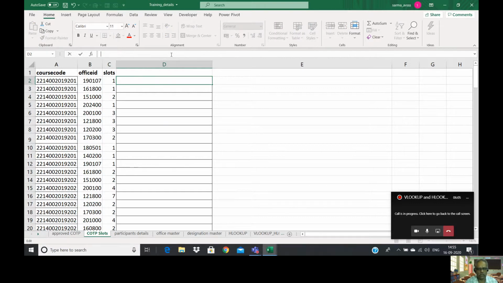So to achieve the same task, Excel has provided the VLOOKUP command. How to use the VLOOKUP command? You have to give the equal to operator, because any function starts with equal to, and then VLOOKUP. Once VLOOKUP is there, it shows help and asks for parameters. For any function, we have to give the parameters to execute. Here, VLOOKUP needs 4 parameters: lookup value, table array, column index number, and range lookup.